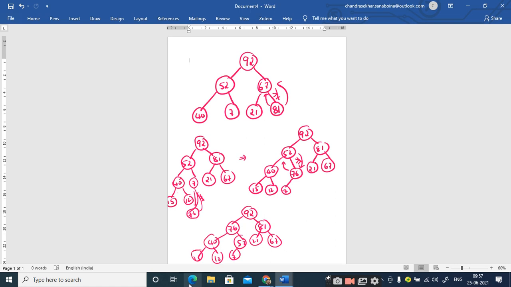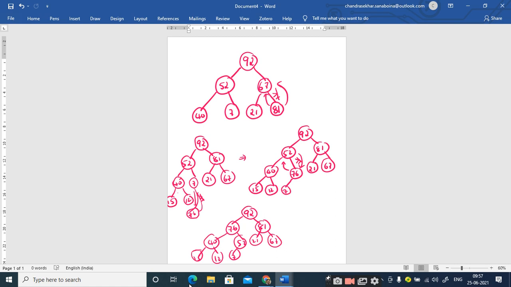Again you have to compare this 76 with 92, but it is satisfying the heap property, so you just skip the swapping step. There is nothing to do with the swapping. So this is how we construct the max heap. Simple, right? We need to just check the shape property, and then apply the heap property. If the heap property is not satisfied, you just have to swap the elements. The root node and the child node should be swapped. So that completes the construction of max heap.